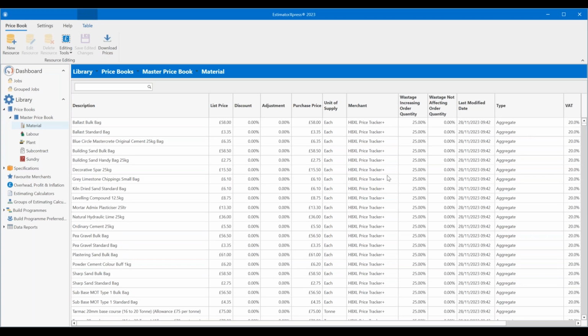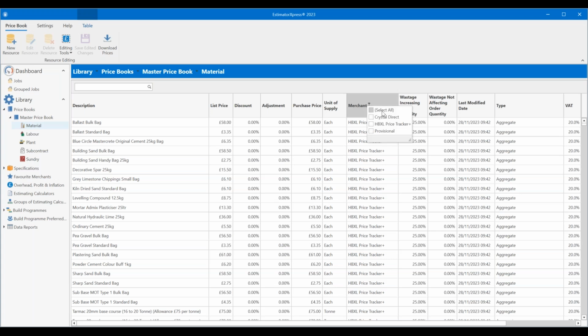So we can take measures to tidy it up a little bit or filter it so it's easier to manage, look at certain sections at a time. Now, this is where we need to do some fine clicking skills. As I hover over each of these headers, you'll notice not only does the color change slightly, but I also have a small funnel or pin appear at the end of each one. Now, if I was to hover over the merchant and I got the little pin there, the little funnel for filter, if I left click upon that,